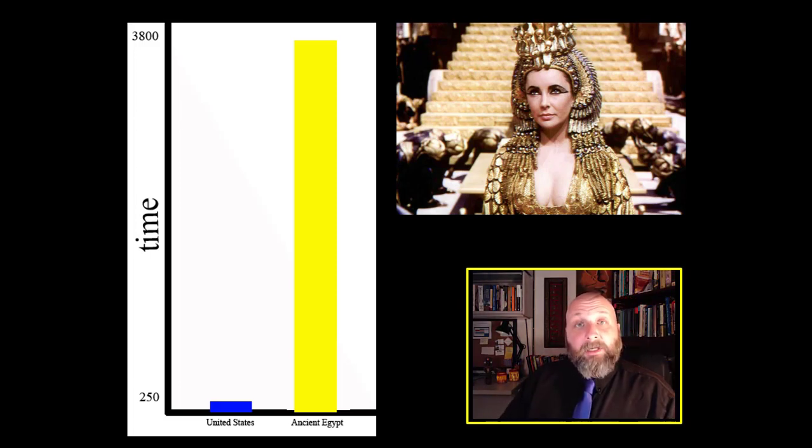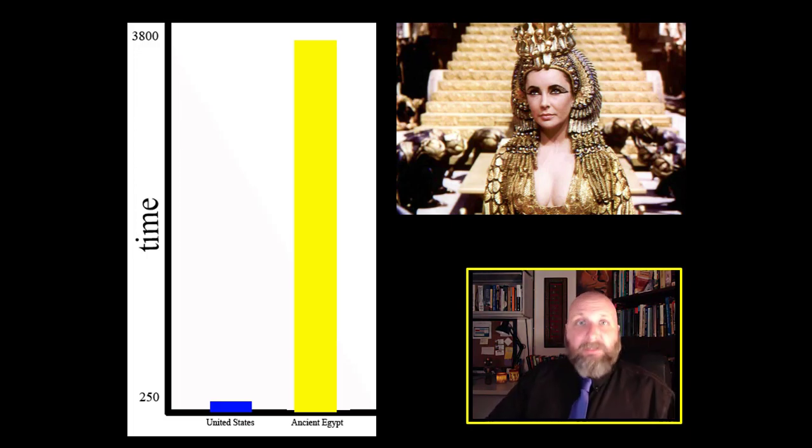The yellow column is Pharaonic Egypt. This is how impossibly old Egypt actually is. And I've used this very famous picture of Cleopatra right up above me, who probably did not look like Elizabeth Taylor, but anyway. One of the things about Cleopatra, the last ruler of a free Egypt, is Cleopatra lives closer to our time than she did to the construction of the Great Pyramids. This is just how mind-bogglingly old Egypt actually is.